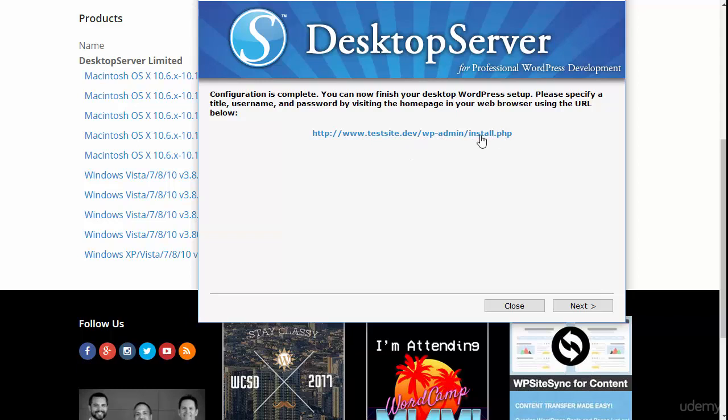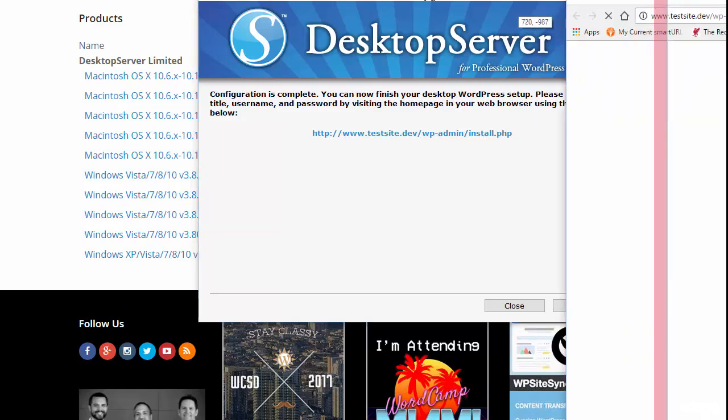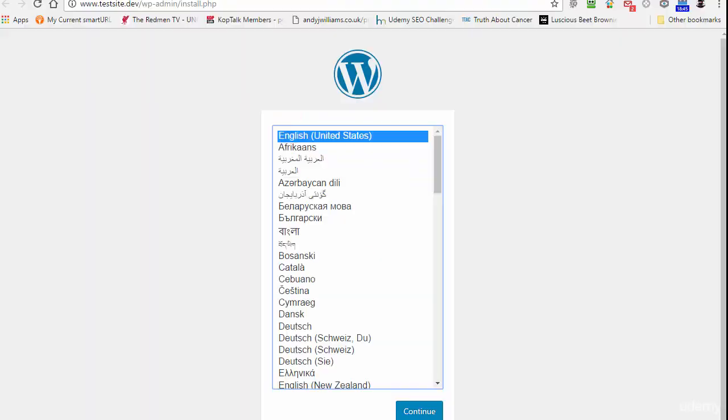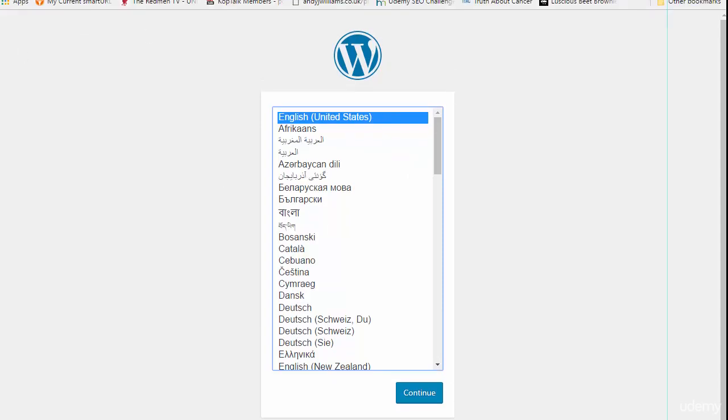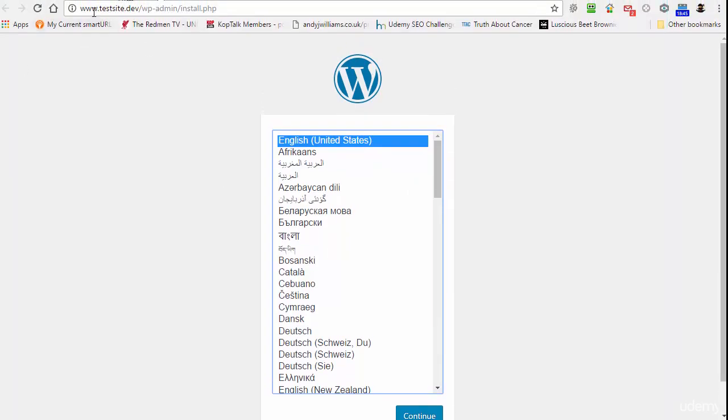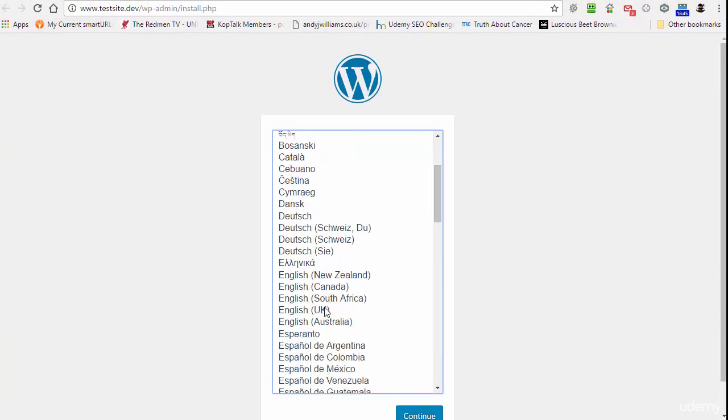But first we have to install WordPress because it's actually on our computers now, but it's not set up so that we can use it. So if we click this link, we'll be taken to the installation routine, which is a really short routine. It only takes a few minutes, and this is what it is. You can see if I drag this down, you can see that the URL is that one we just had. I want to go down to English UK for me, click on Continue, and then we're taken to a form